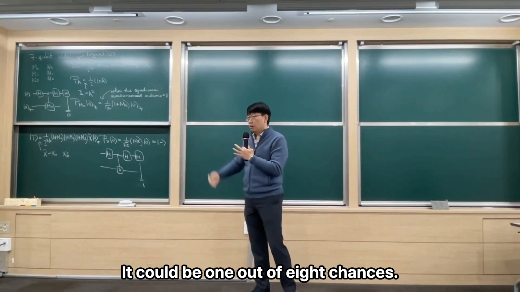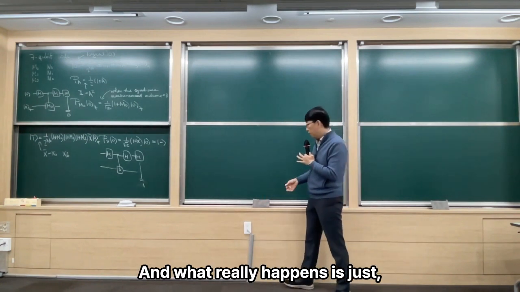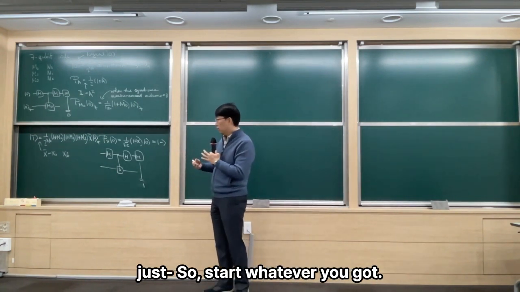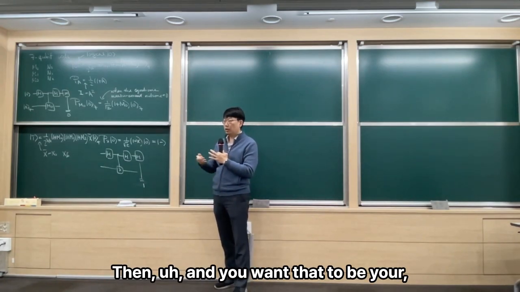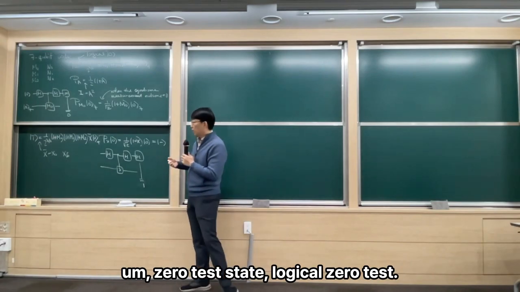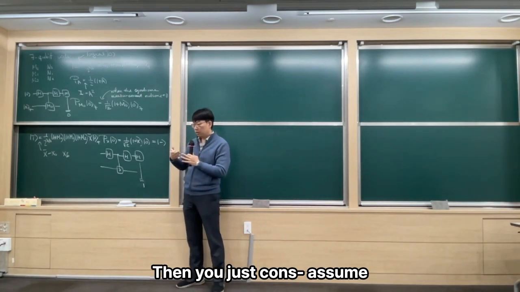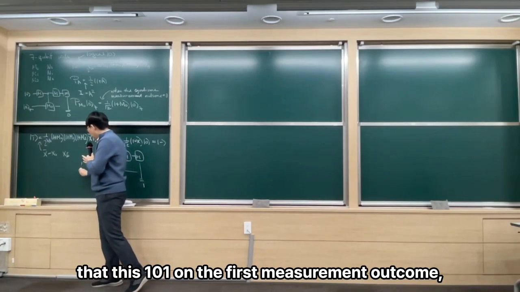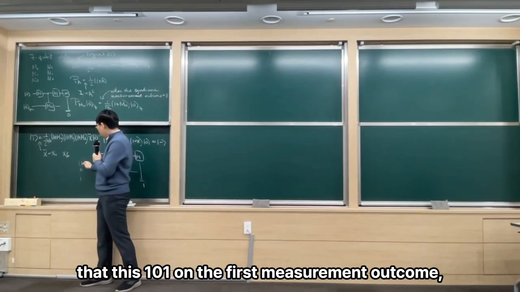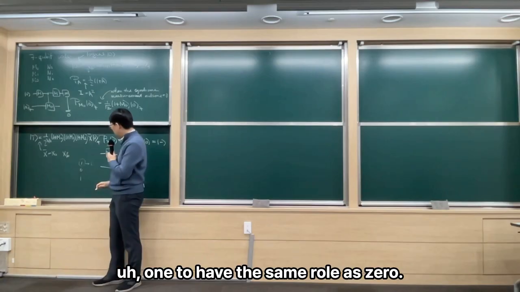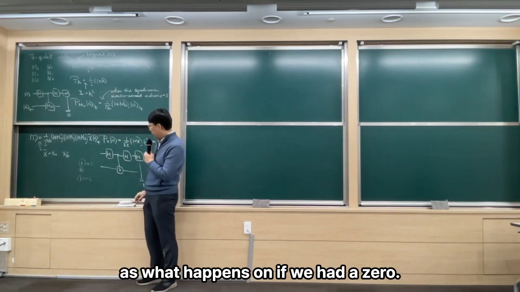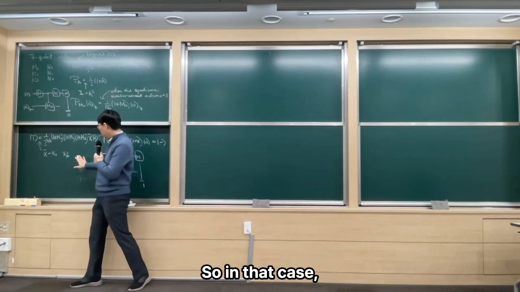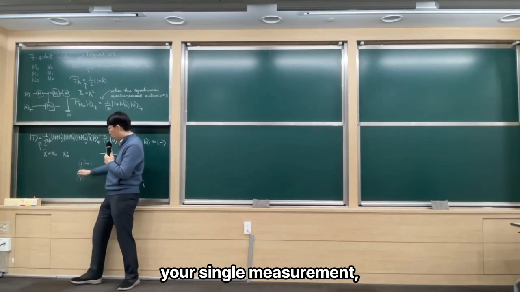Right? It could be 1 out of 8 chances. And what really happens is you just start with whatever you got. So instead of getting 0, 0, 0, let's say you got 1, 0, 1, and you want that to be your logical 0 cat state. Then you just assume that this 1, 0, 1 on the first measurement outcome, you just consider 1 to have the same role as 0. So 0 is 0, and 1 is assumed to have the same role as what happens if we had a 0. So in that case, if you have this as a measurement outcome, your syndrome measurement, then